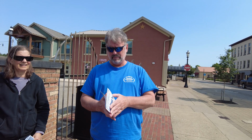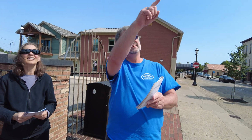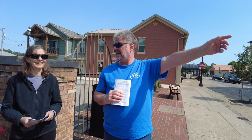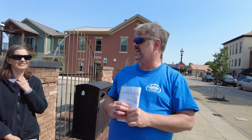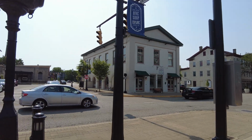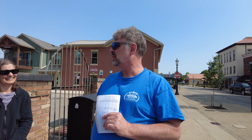Okay, so where we are is the oldest part of town, and the Market Square building has been here since about the 1850s. I believe we have in our book, yes, you can see here there used to be a cupola on the front. The arches used to be open, and there were farmers and butchers and people selling produce out of there. After a while, the other merchants in town asked the butchers not to continue their trade right in the center of town because, again, I don't want to go into any detail because it's early in the morning, but it probably got a little tough to deal with later into the summer. So those were enclosed, and then they became